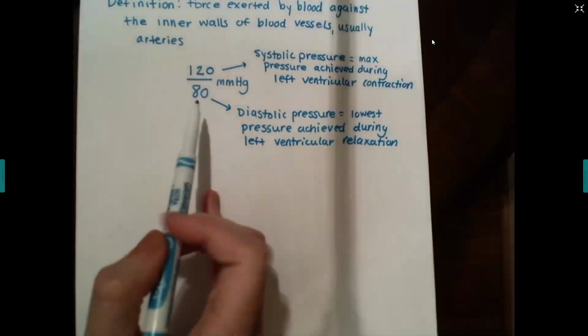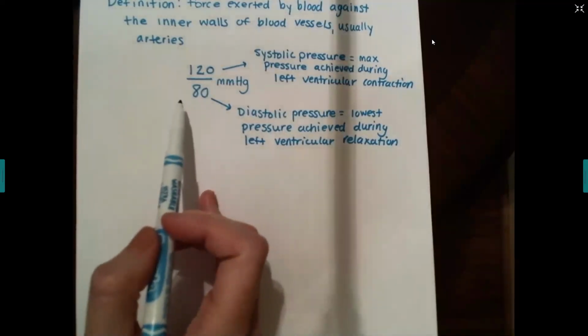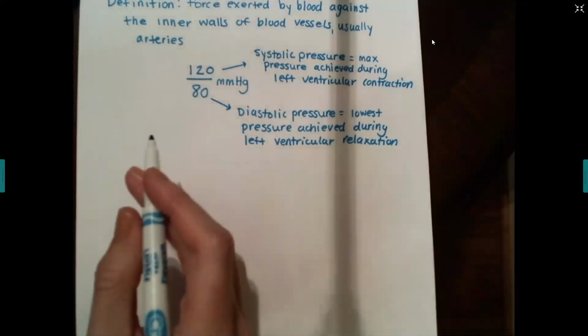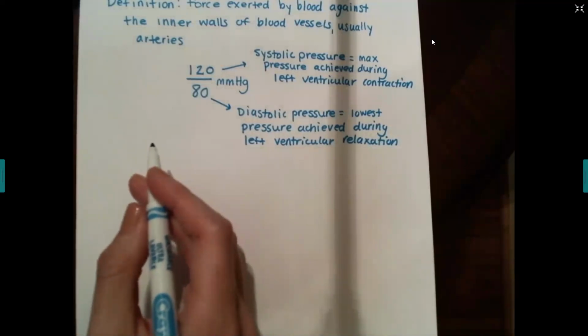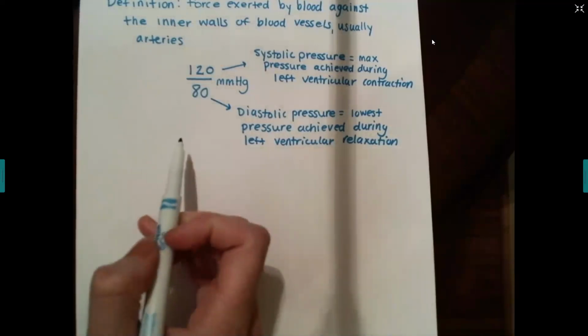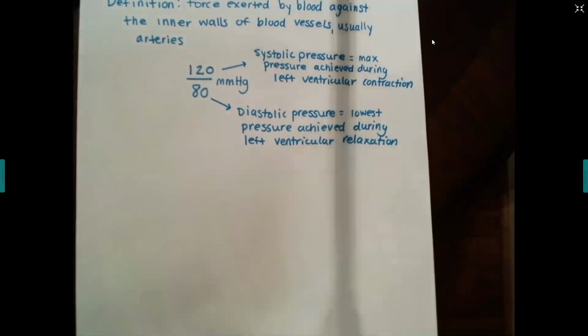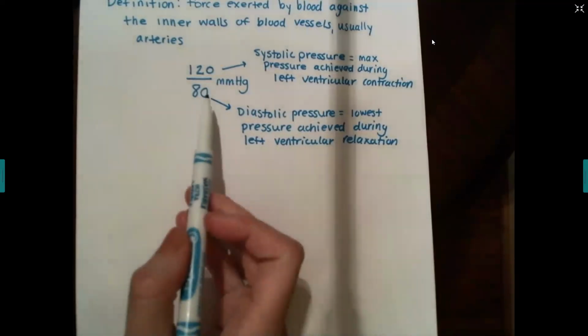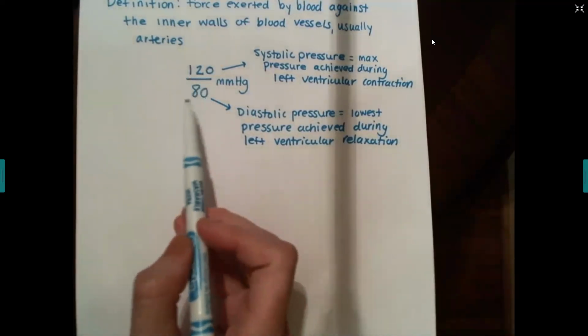And even a bottom number of 85 consistently, okay, so a consistent reading of 85 puts you at a pre-hypertensive state. It puts you in the beginning stages of high blood pressure. And that's scary because I'm young. I don't want to have high blood pressure, but if I were to constantly take my readings and they were